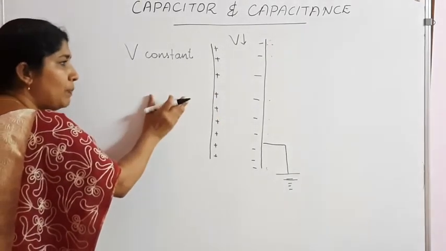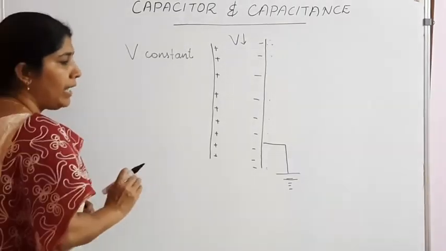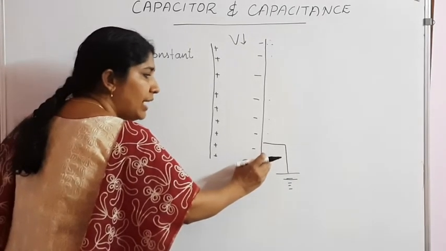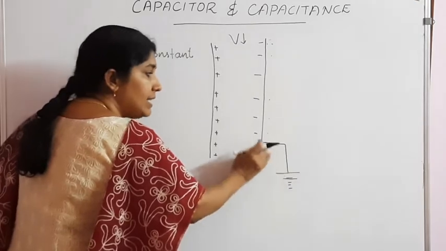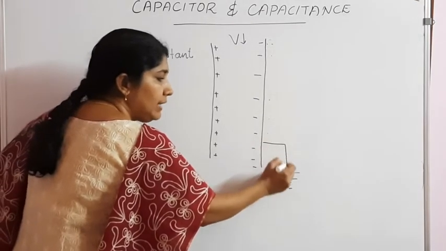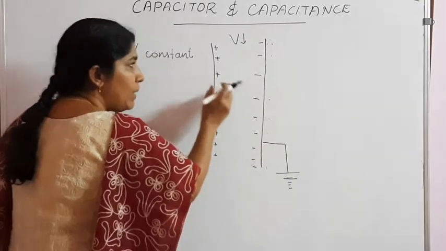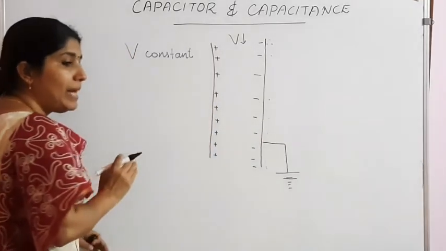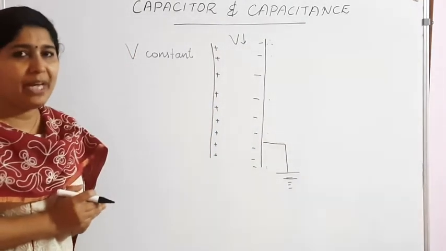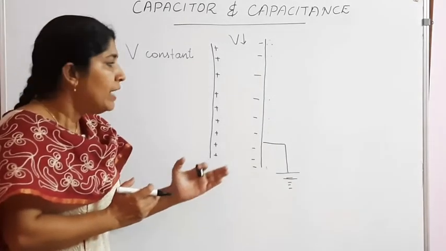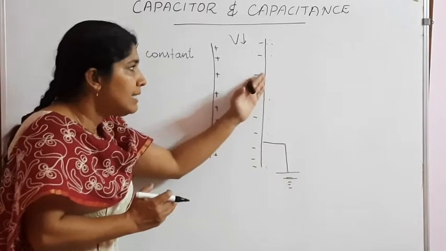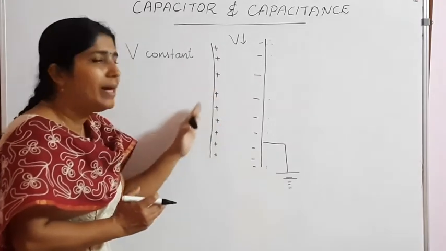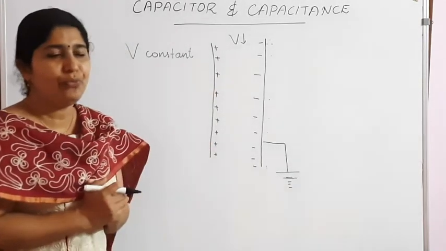That is the principle of a parallel plate capacitor. Then how can we explain the principle of a capacitor? When an earth connected uncharged conductor is placed near a charged conductor, its charge storing capacity increases. That is the basic principle of a capacitor.